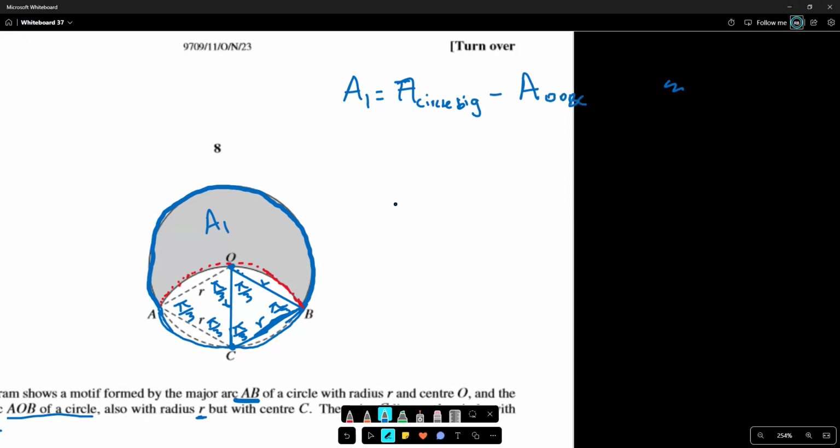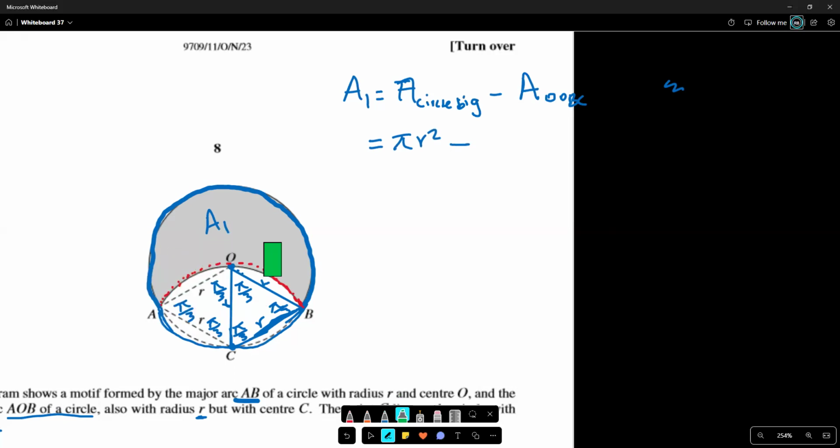AOBC, which is like an ellipse. Awesome. So the area of a circle is easy, it's pi r squared, but the area of this guy here, we need to be strategic. Firstly, we need to acknowledge that